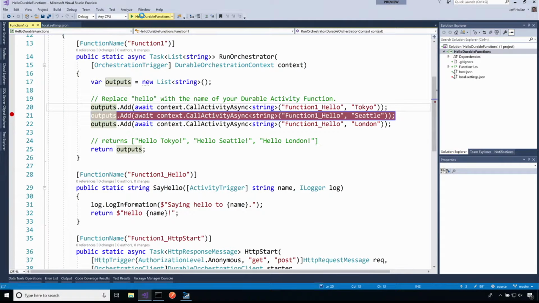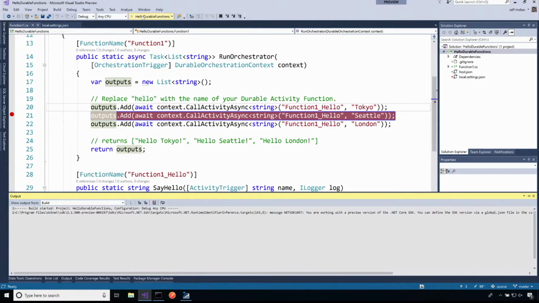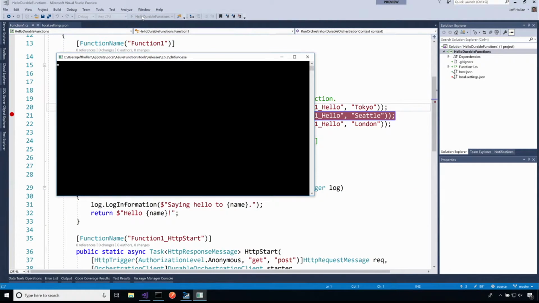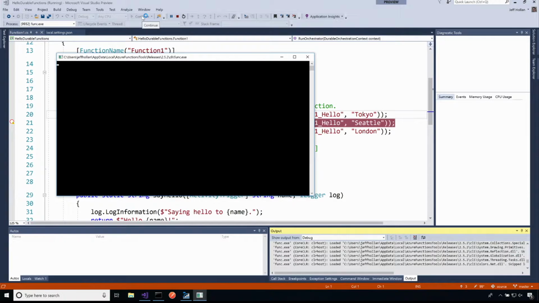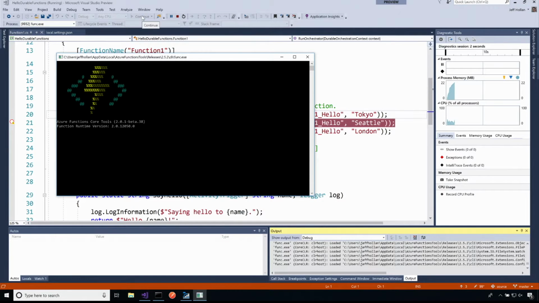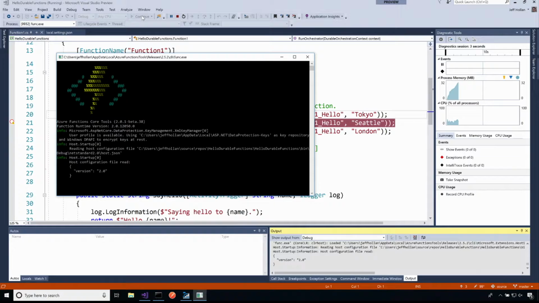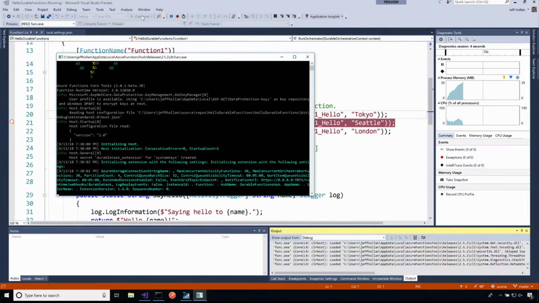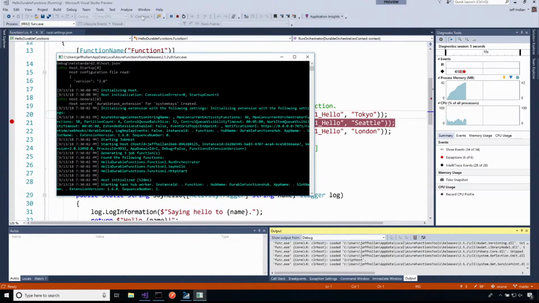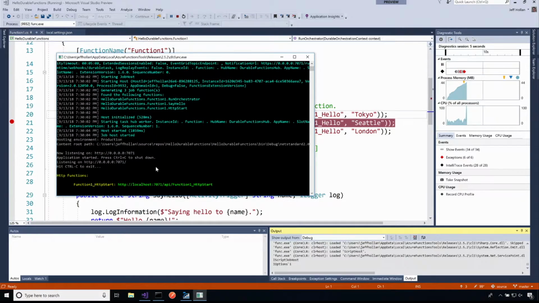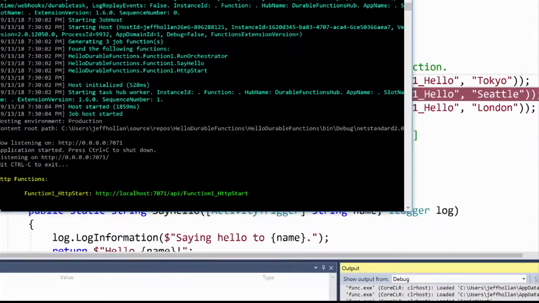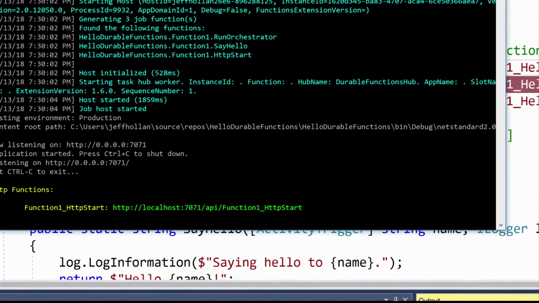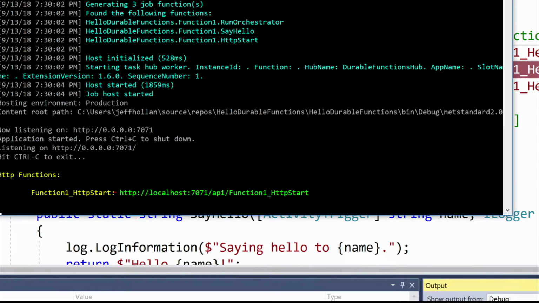Let's click here and run this function. It's going to spin up the Azure Functions runtime here inside of Visual Studio. This is the exact same runtime that will be running once I publish my function to the cloud. It's going to spin up and it's going to see that I've written these few different pieces, and you'll see here in just a second, it should actually give us this endpoint. Okay? So it logged a few things. It's like, yep, I found all your functions. It looks good.